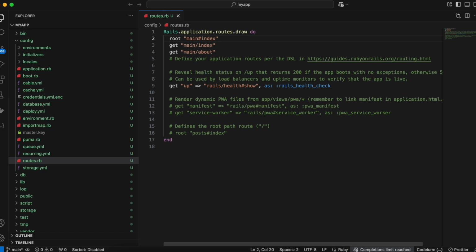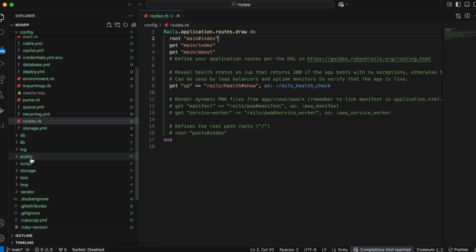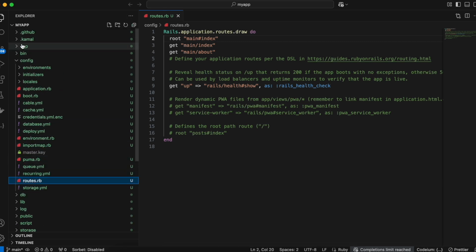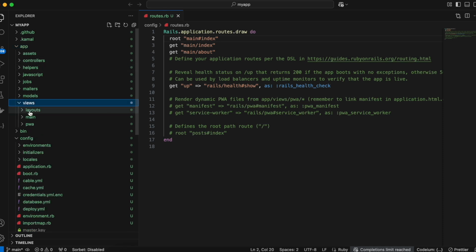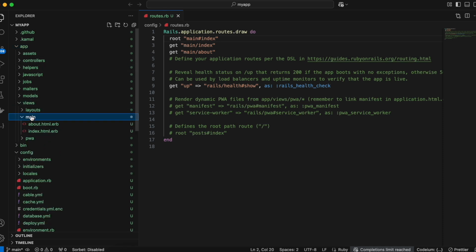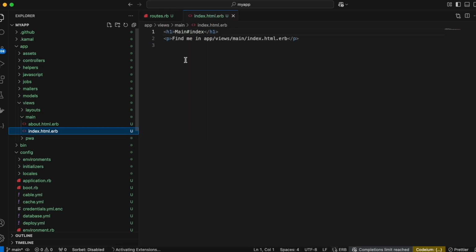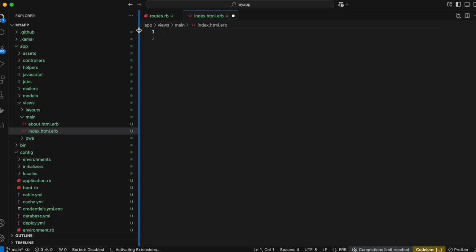Then what I can do is just go to app, views, main, and here I can go to index.html.erb. If you want, you can remove this. I don't want this. I just want a hyperlink to the about page. So I can do something like this, link_to, and here I will just write about,